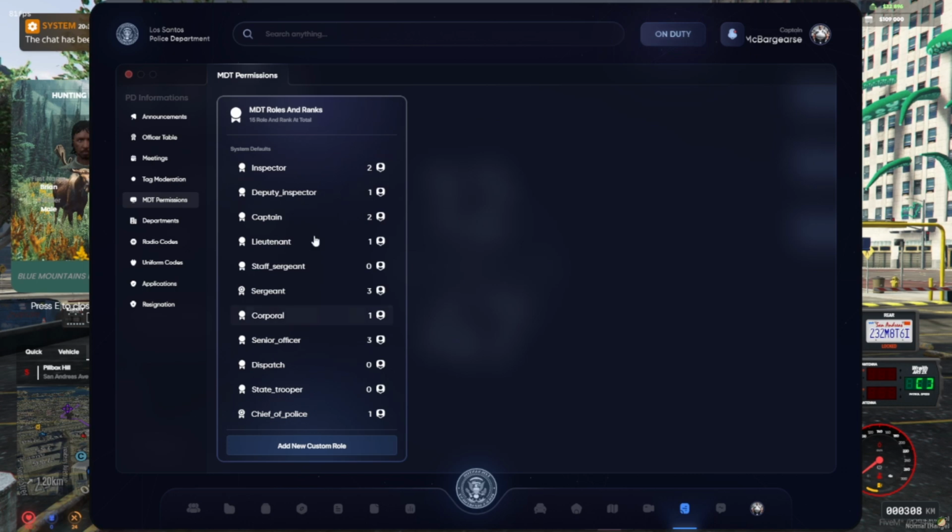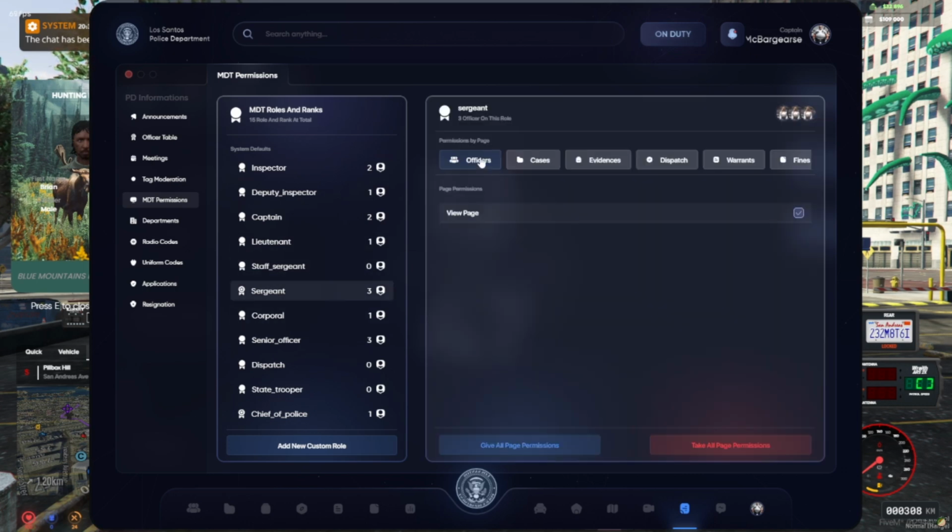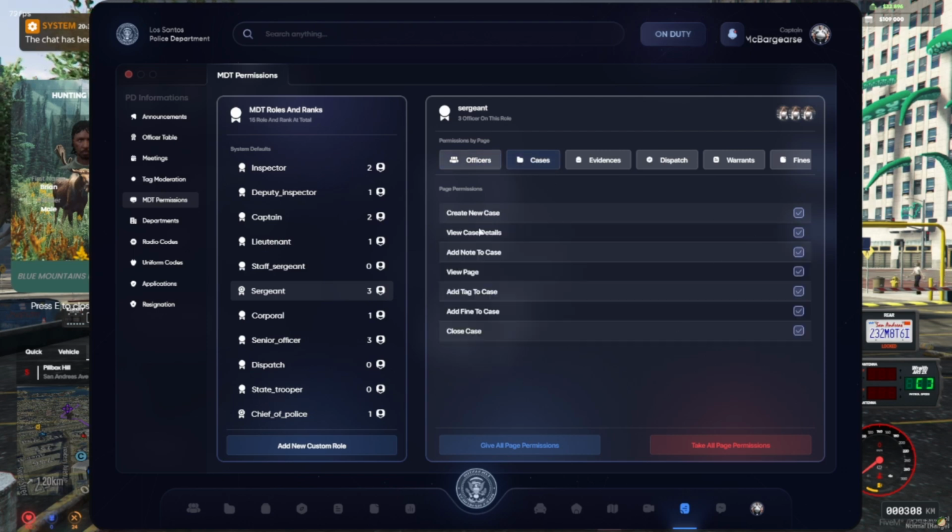MDT permissions. This is where we can change who can do what. So say, for instance, sergeants, they can view the page. Cases, they can do all this. So they can delete cases, add notes, and so forth. If we go down to